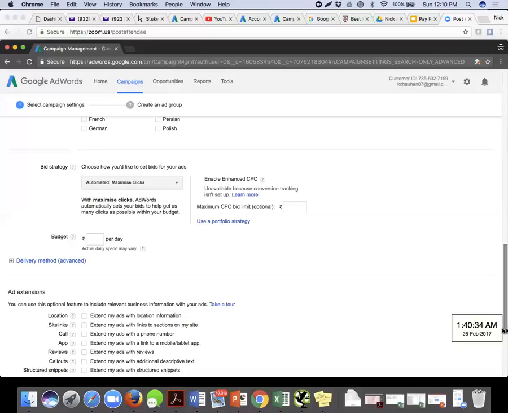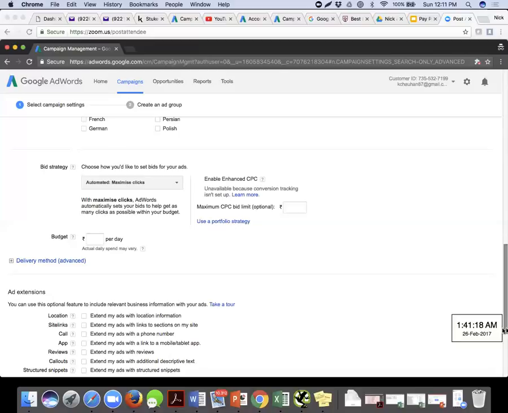Now, this usually works for small businesses. Amazon and the other bigger players who work day in and day out on the internet do not go for this option of asking Google AdWords. But small and medium enterprises who do not want to hire a person for running Google AdWords, who don't want to spend that salary, and who want to create ads themselves as a one-time effort and only come back to Google AdWords after 4 or 5 days, give entire authority to Google AdWords and tell it to increase or decrease my bid on certain conditions, certain business rules.